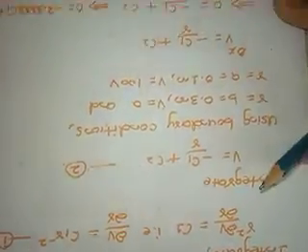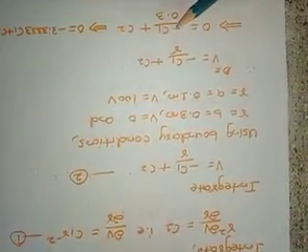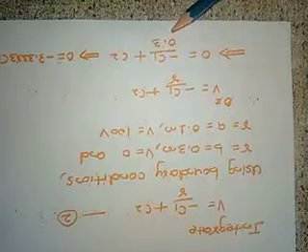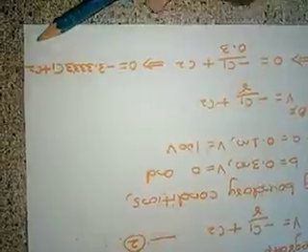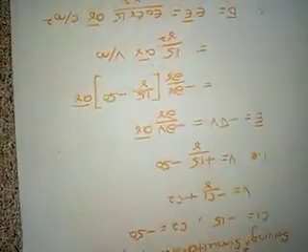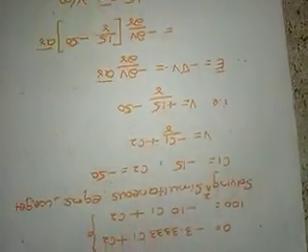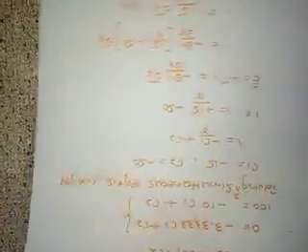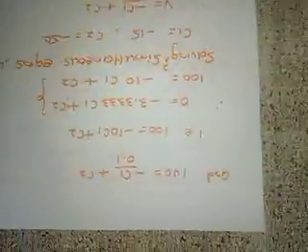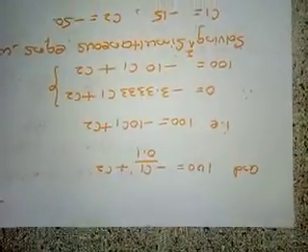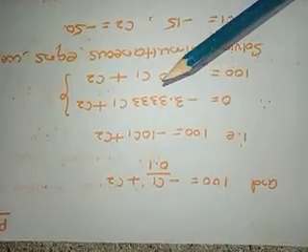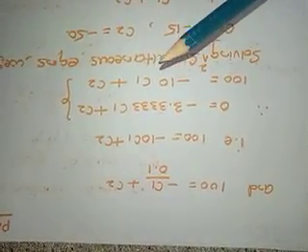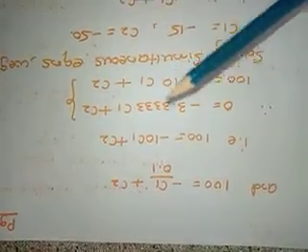Now substitute these boundary conditions. V is equal to minus c1 by r plus c2, or 0 is equal to minus c1 divided by 0.3 plus c2. So this will be 0 is equal to minus 3.3333 c1 plus c2. Similarly for the next condition, at point a, substitute that, we get 100 is equal to minus c1 divided by 0.1 plus c2. That is 100 is equal to minus 10 c1 plus c2. So these are the two equations.